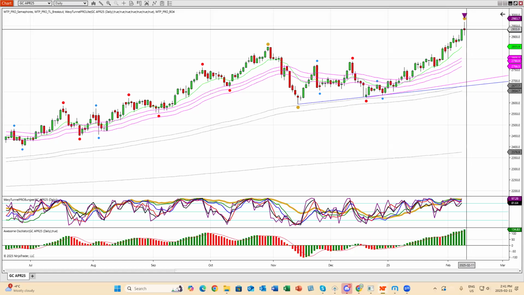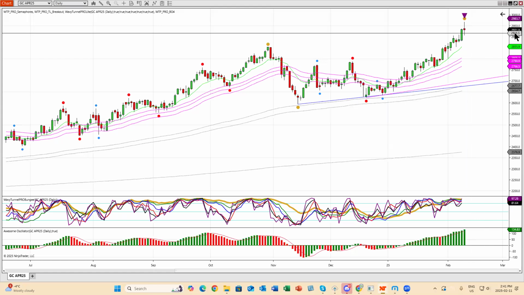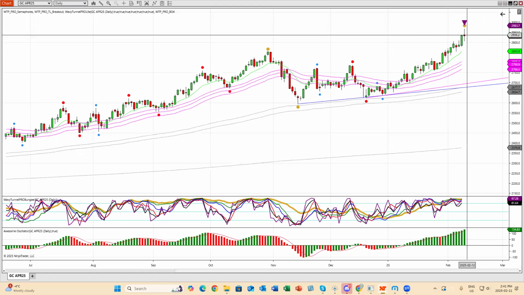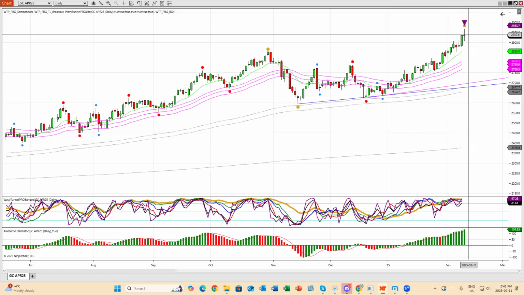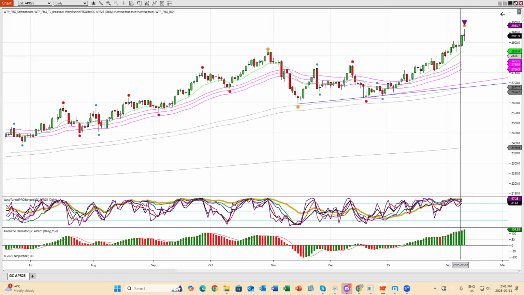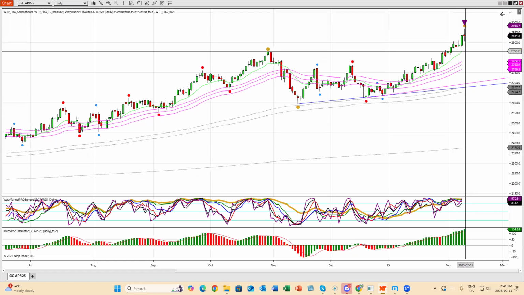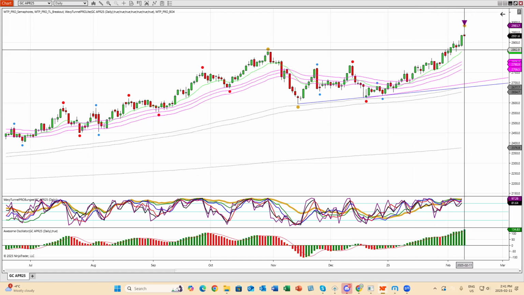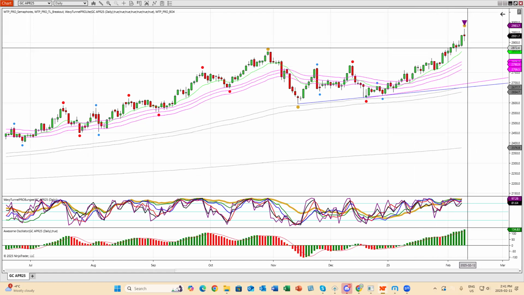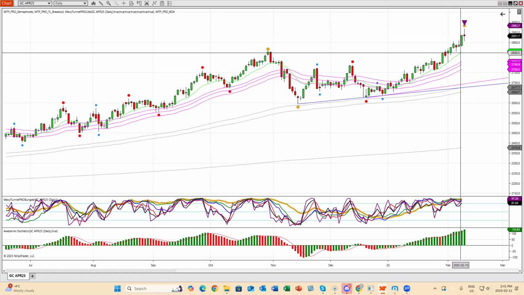So do you want to sell it? No, you don't want to sell it. You can be taking profits up here, but you don't want to go short because gold is very strong. However, it's not a good time to buy right now. We need some kind of consolidation. And because this is so strong, the first support area will be at this green line.